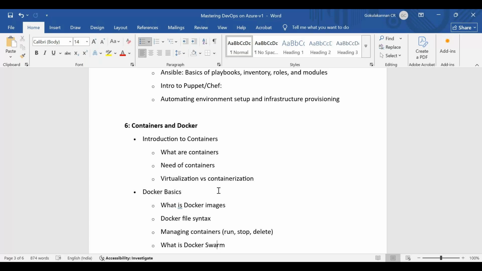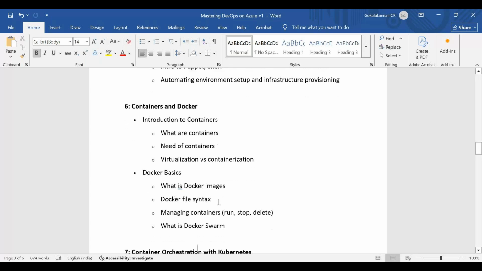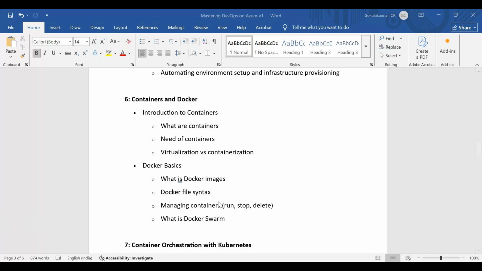And Dockers, in the sense, in the cloud you can use some Docker concepts. Apart from that, even on your own laptop, you can run Docker Hub, have your own app running on your laptop, bring up your Docker images and run them.